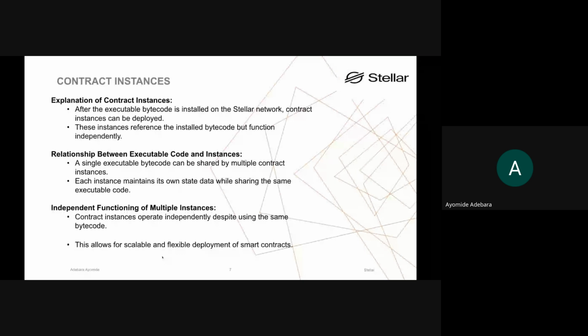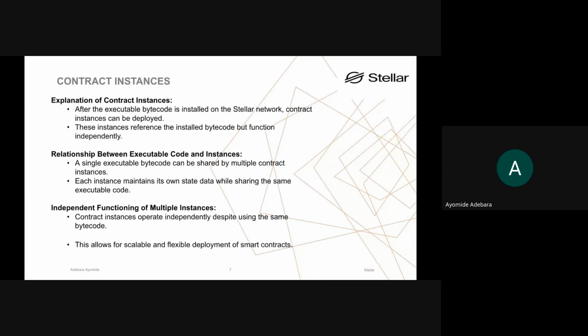Let me share a slide now. So that's basically the independent functioning of multiple instances. Contract instances operate independently despite using the same bytecode, and this allows for scalable and flexible deployment of smart contracts. Imagine you have a smart contract that you want to create for hospitals, keeping hospital records.